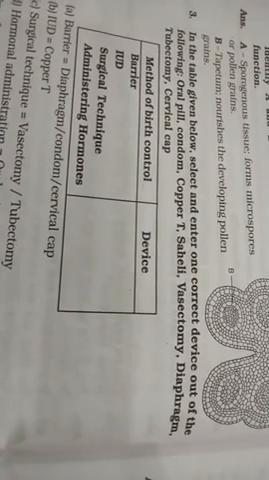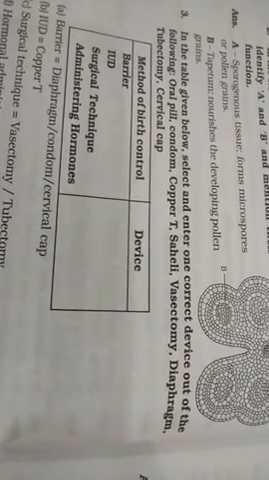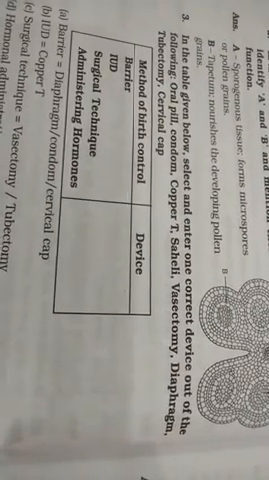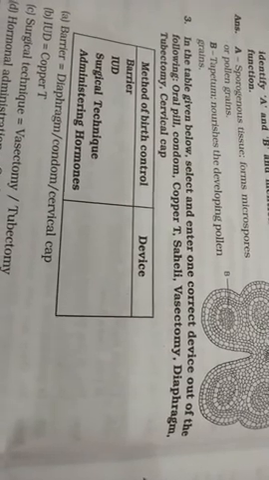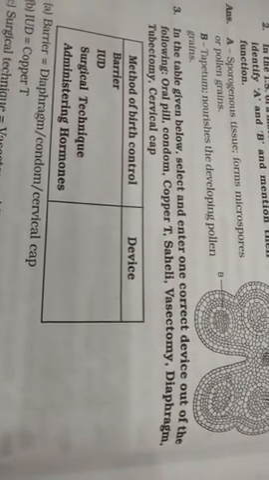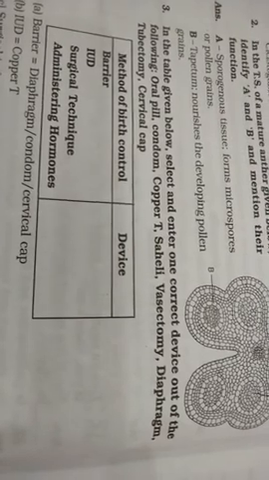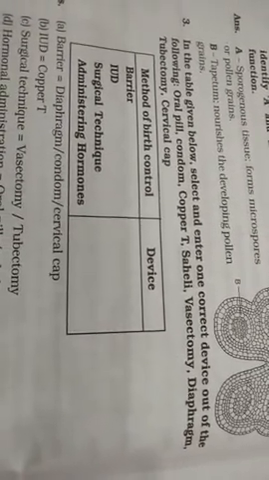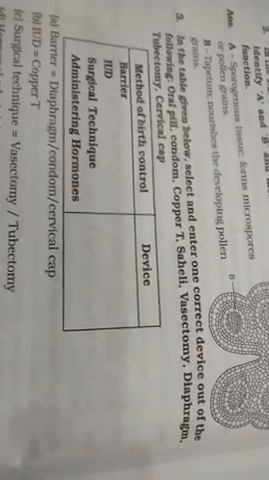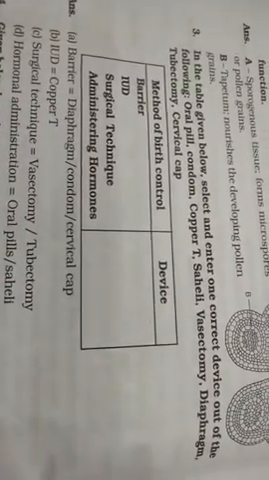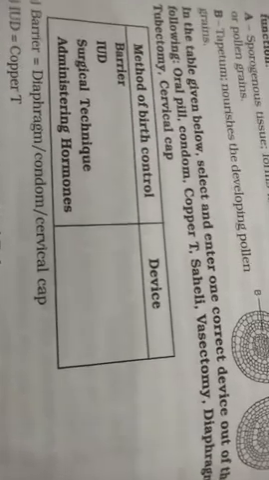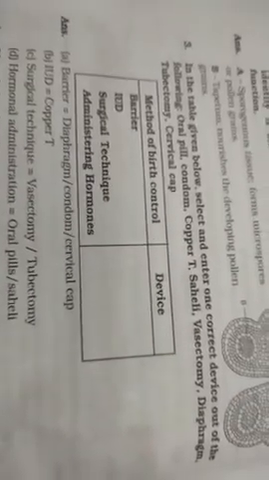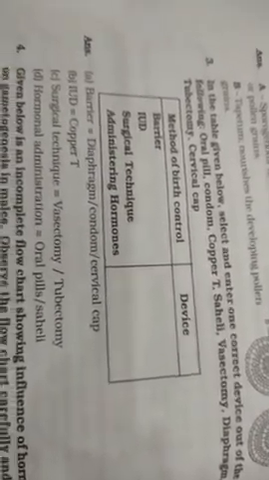Now, third question is, in the table given below, select and enter one correct device out of the following: oral pill or condom, copper T, Saheli, vasectomy, diaphragm, tubectomy, and cervical cap. So method of birth control and device, it is devices you have to write. So barrier, for barrier it is diaphragm, condom, cervical cap. IUD is copper T. Surgical technique is vasectomy or tubectomy,